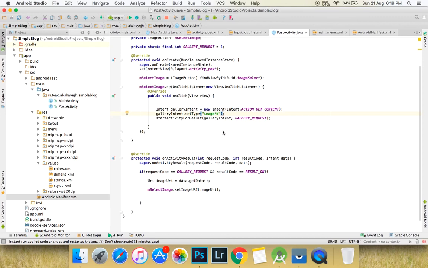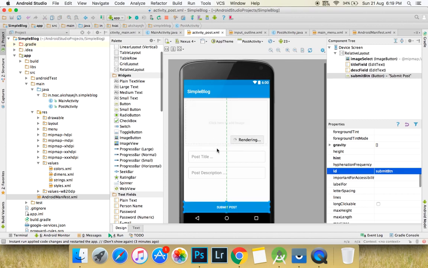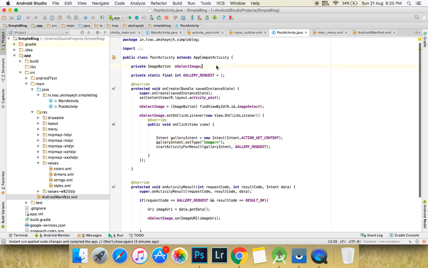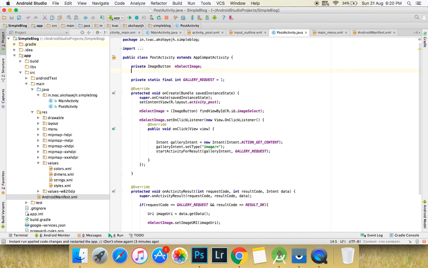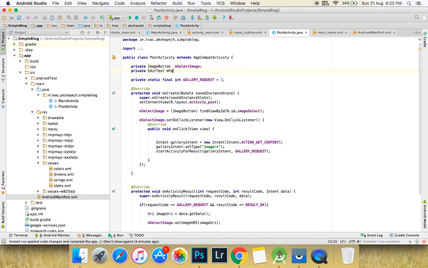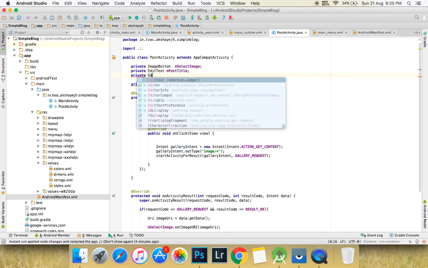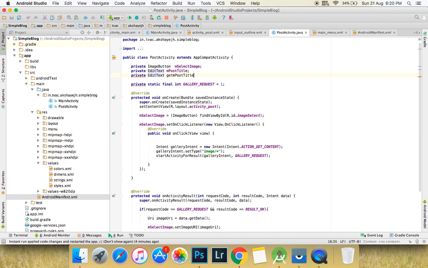So it's time to post data to our database. All right, so here you can see that we have two edit text, one image, and a submit button. So let's set the reference for all of them. We have our image button already present over here. So edit text is the next one, which is post title, and edit text post